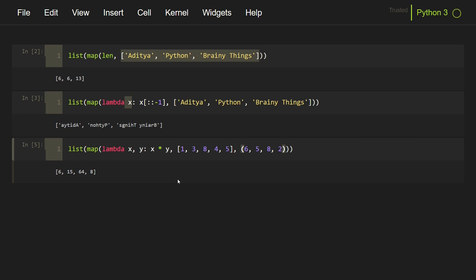Map function is very common in data science applications as we have to apply some functions to the entire data in a column. Map function is also used to convert an iterable of one type to another. Say an iterable of strings can be converted to an iterable of integers. There are various uses of this map function, so you will want to know this function very well.